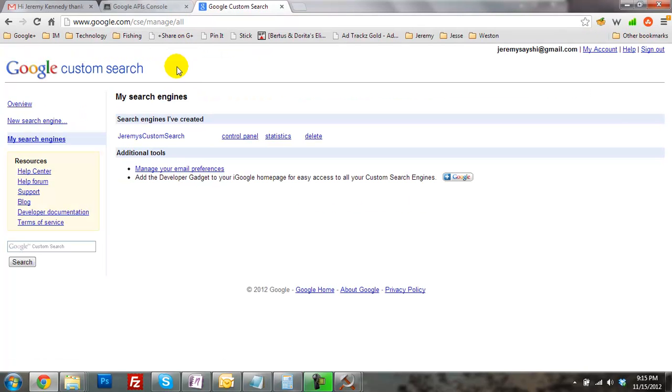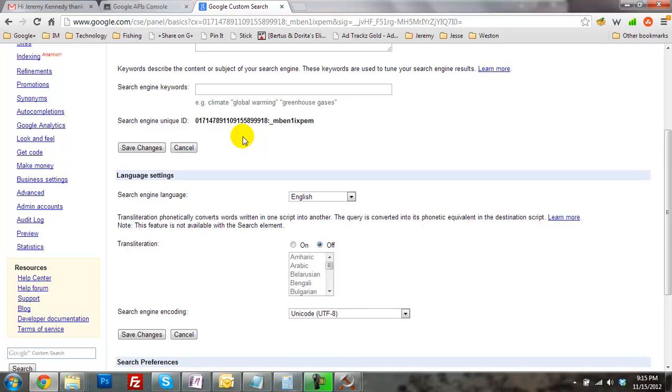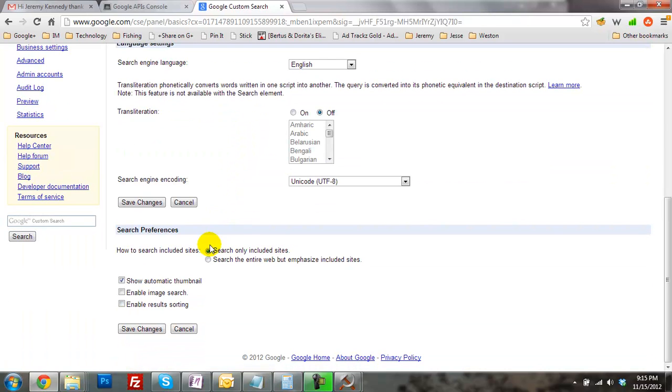Okay, now you can see that is there, and we're going to go ahead and click on Control Panel, and let's just scroll down here to the bottom and see where it says Search Only Included Sites. We don't want that. We want to click on Search the Entire Web, but emphasize Included Sites. See, if we would put this in, then we would be searching, you know, that website we just typed in, the somethingstupid.com. So search the entire web is what we want, and then you're going to click Save Changes,